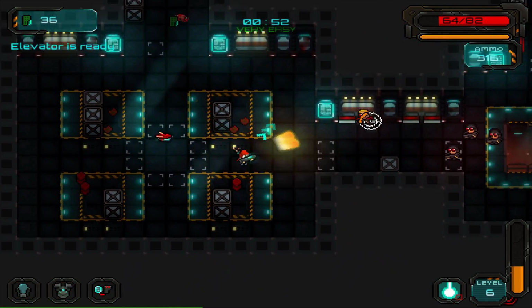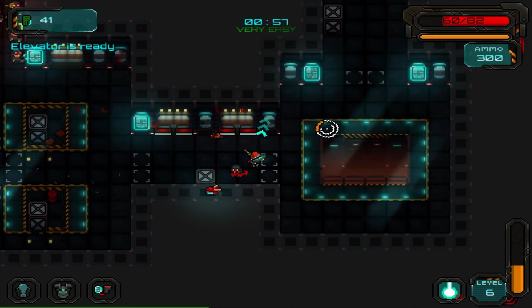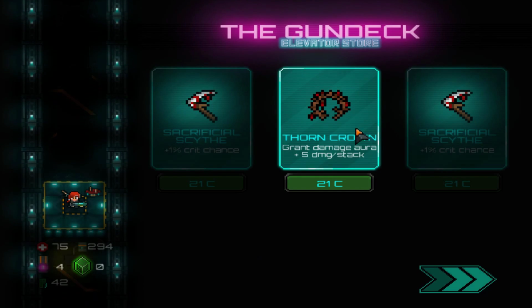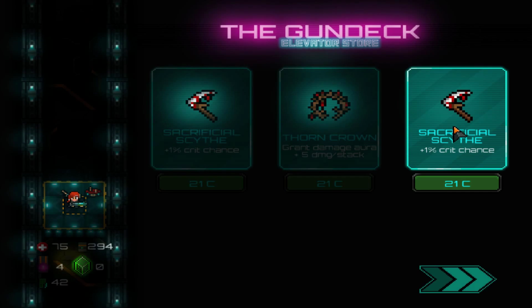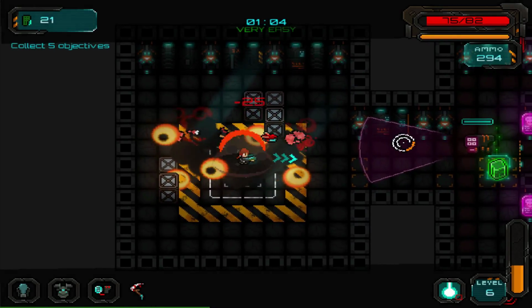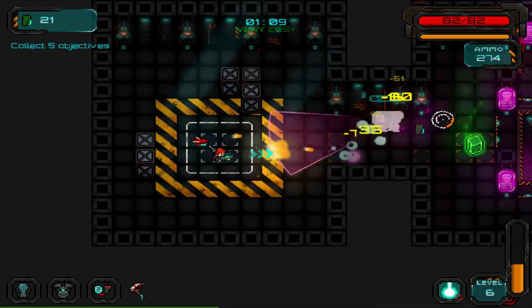Alright, elevator's ready. So yeah, for $5, I would say it's worth it. It's a good price point. There is some depth to it with the choices of these things. Alright, we went with that last time, and it didn't really seem to be that good. So we're gonna go ahead and grab Sacrificial Scythe this time. Yeah, I mean, there's a little bit of strategy to it. Alright, if it wasn't this guy right off the bat, I was gonna switch over to my...